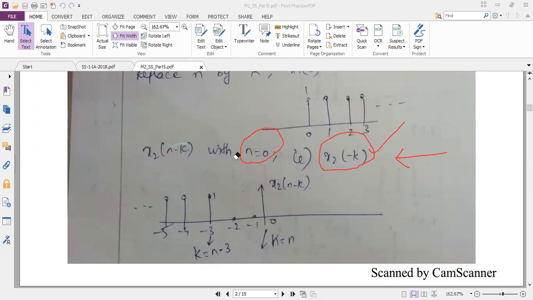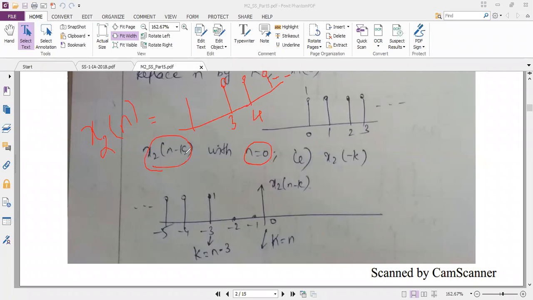I know my second signal. My second signal I have assumed as x2 of n. I hope you remember that I have drawn x2 of n from n equal to 3, then it went like that. So this is the diagram I have drawn. Am I right here? Do you have any confusion? x2 of n is from the question. My second expression I have equated to x2 of n and drawn the diagram. Any doubts in this? No, ma'am. So now, as per the equation or formula, it should have n minus k in the bracket.